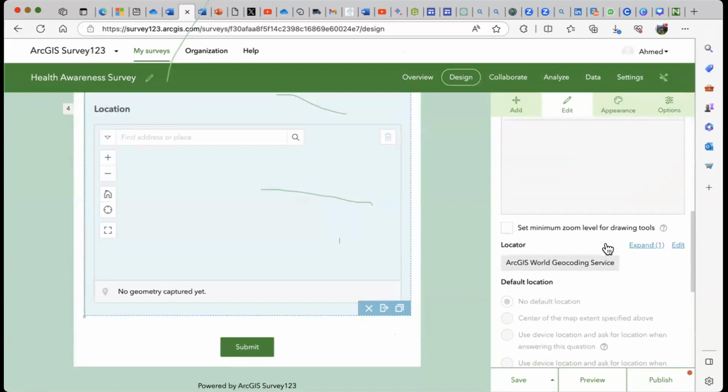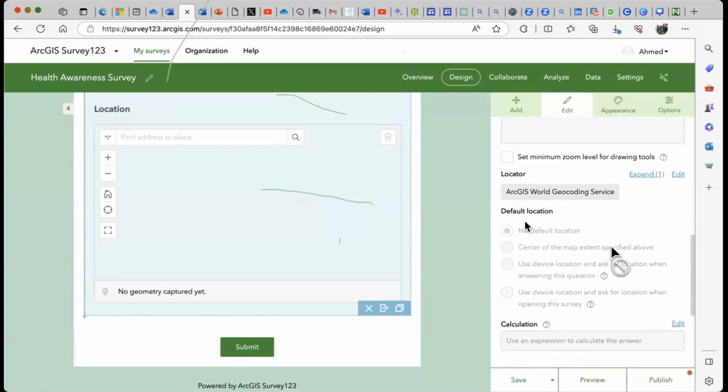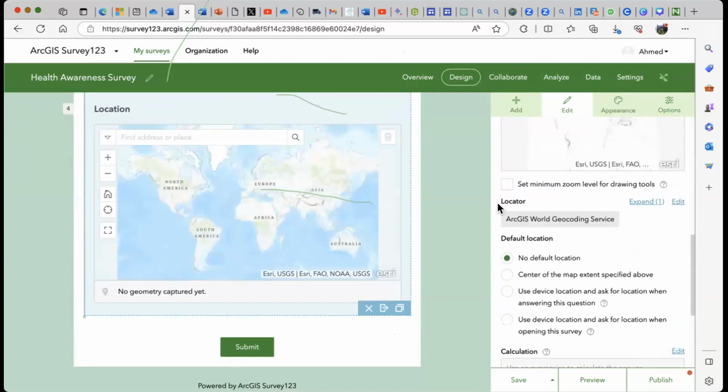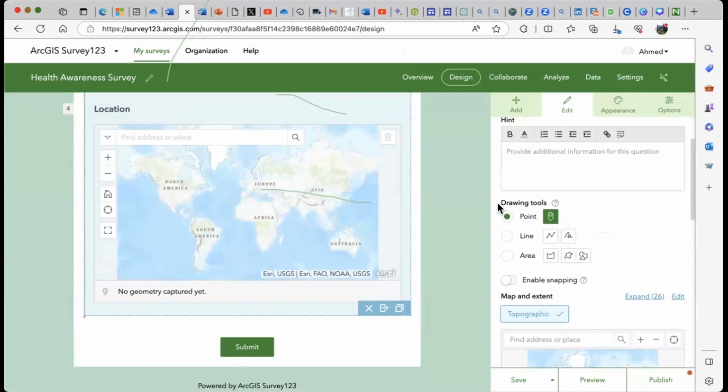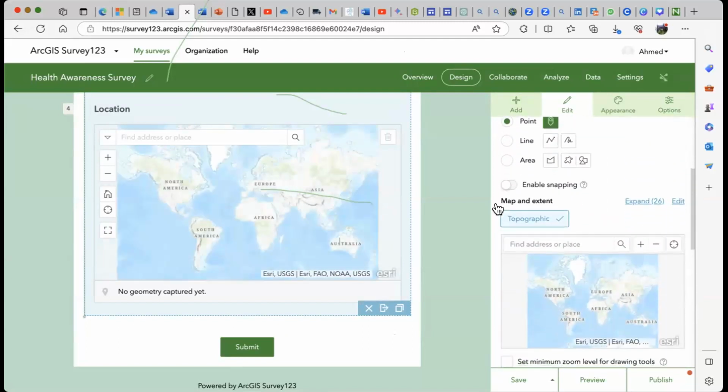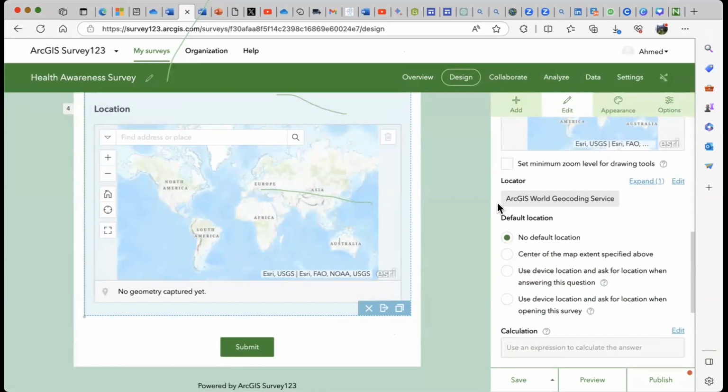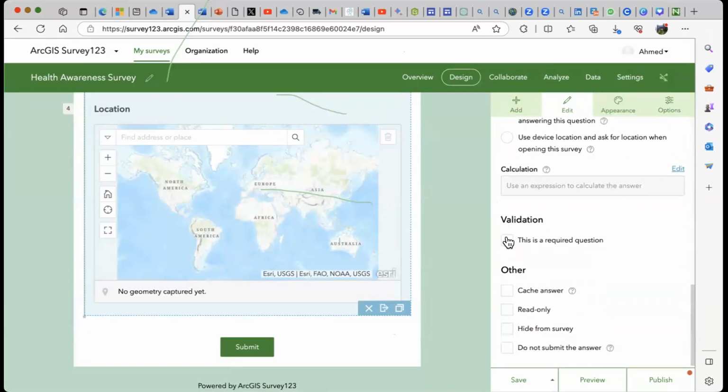You could make it visible. Oh, I don't want it visible. I just want to pick. I can do several options I have. I don't want the map to show during the form. Depending on what I want to achieve, I can actually determine that. It's a required question. If you want it to hide from the survey, such that it picks location automatically, you click on hide from survey, but let's just leave it as it is.